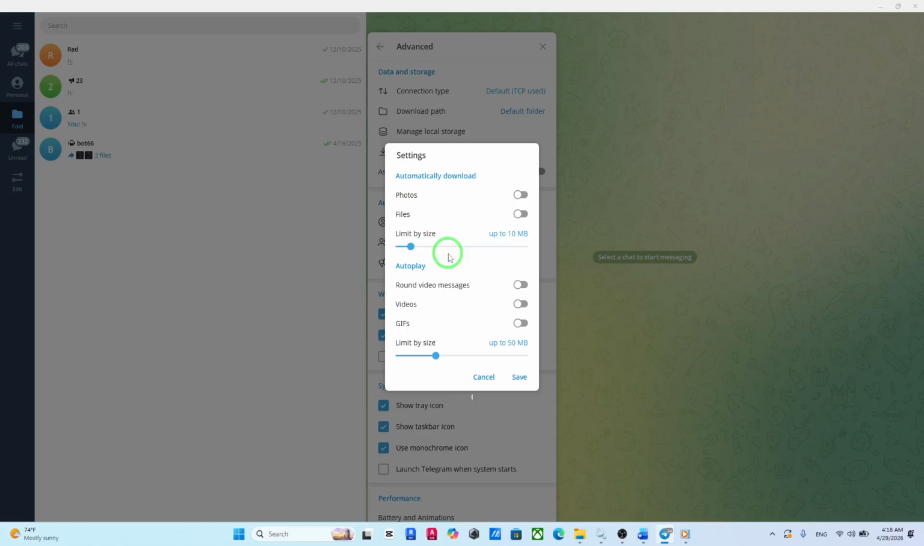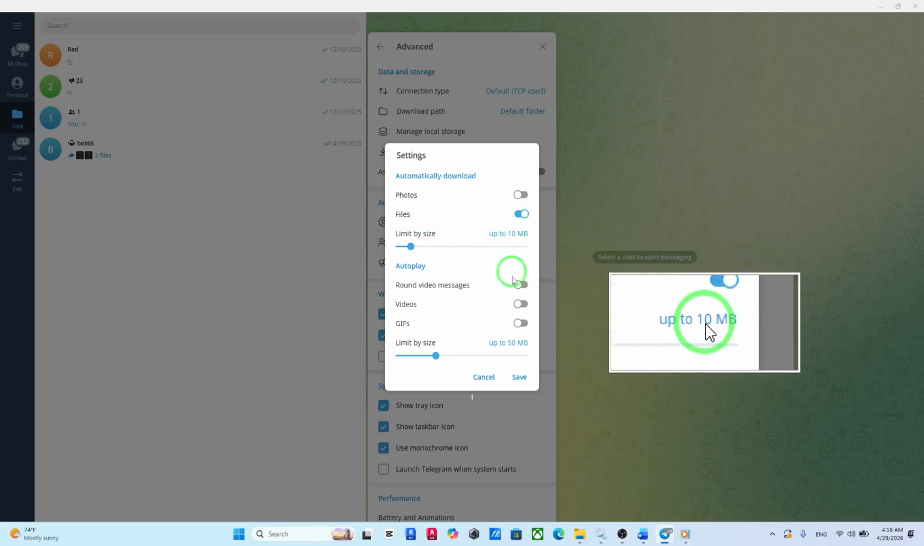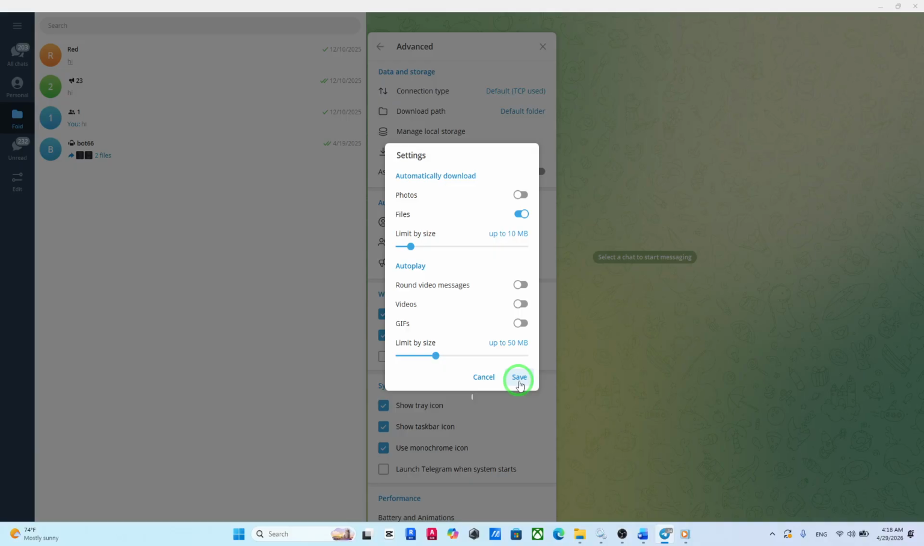Here, you'll see different options for automatic downloads. Find the option for files and enable it. This allows Telegram to automatically download files you receive in private chats without asking for confirmation every time. After enabling it, don't forget to click Save to apply your changes, and that's